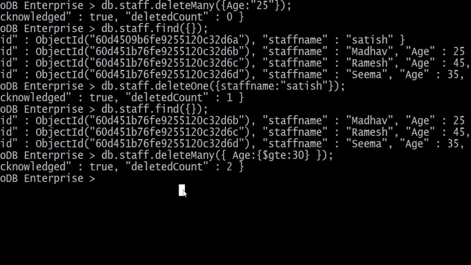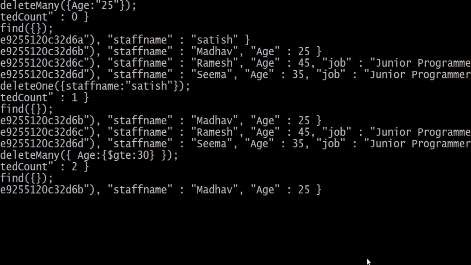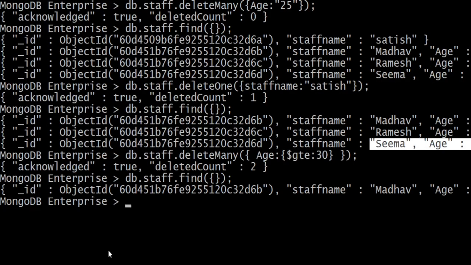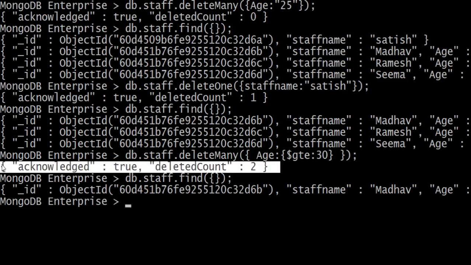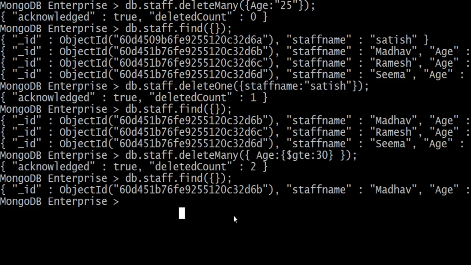Let's see how it is. Sure. So only one record is now present in my collection. Junior programmer Ramesh and Sima, these two records are deleted from my collection using the deleteMany command. So these are the CRUD operations we can perform in our MongoDB database.